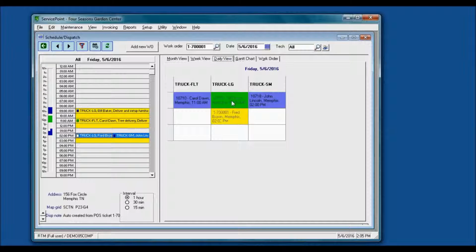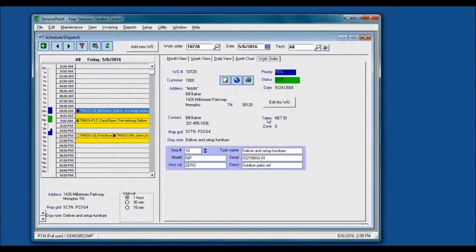The last tab that's on here allows me to see more detail about the work order that's been scheduled, whether it's been put in through ServicePoint or whether it comes in automatically from the CounterPoint side. It shows me the customer and the actual delivery address. It does show me the task. In this case, I'm delivering and setting up furniture for this client, an outdoor patio set. And it allows me to map this address, so it can pull up Google Maps and I can see where it's located. I can enter or edit already entered notes against this delivery order,